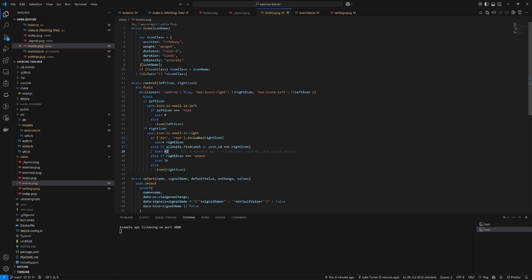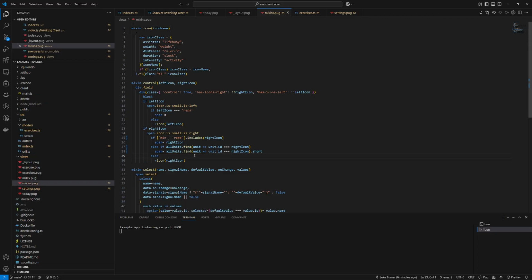Then it would be span that thing dot short, right? And then we would need to pass all units into the,